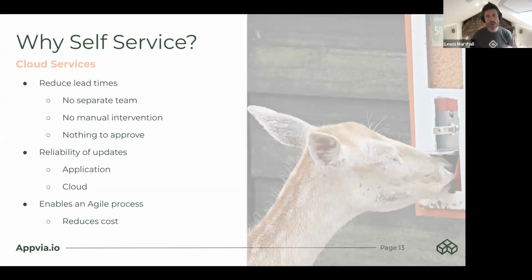If you've got to communicate and coordinate the updates to your application dependencies, then you can have brittle updates. But fundamentally, we want to enable an agile process. And why agile? I guess that's been talked about, and that's a topic in itself, but fundamentally, it can reduce cost. It's very well known in the industry that the earlier you can detect a fault and remedy it, the cheaper it is to maintain, create, and ship a product. So fundamentally, it's about cost reduction, but reliability comes with that agile process.